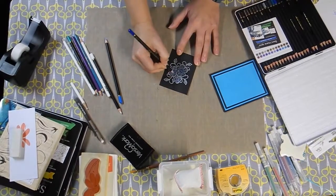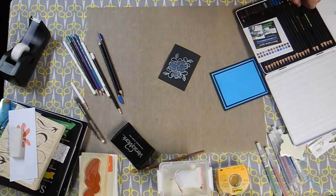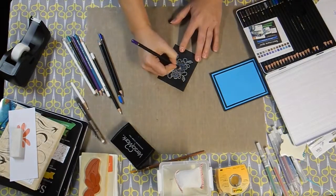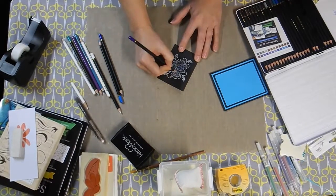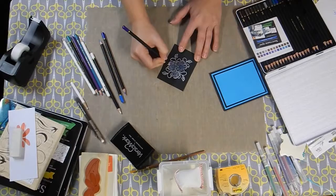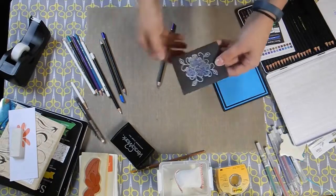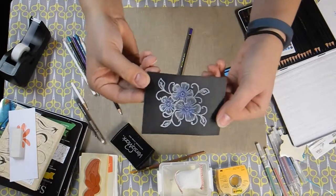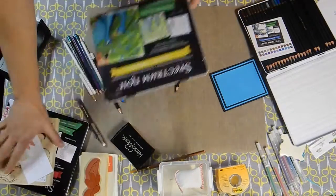Don't cross black out of your list. You know what? I'm going to pick up a little bit of purple. And now, because it is a dark paper, you don't have to be fussy about coloring anything. You do need to add that color in. So let's hold that up. And you can see. So let's add the green in, and I'll show you how I'm going to finish this